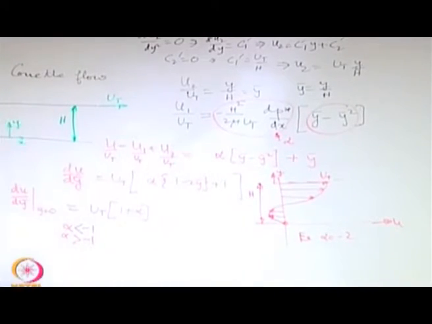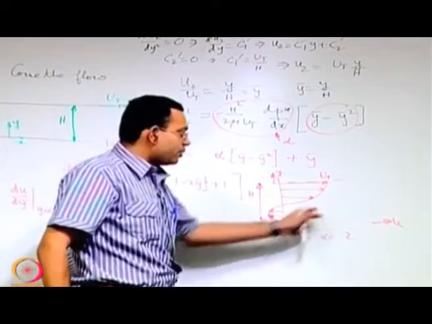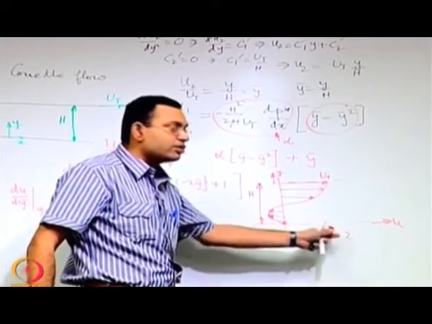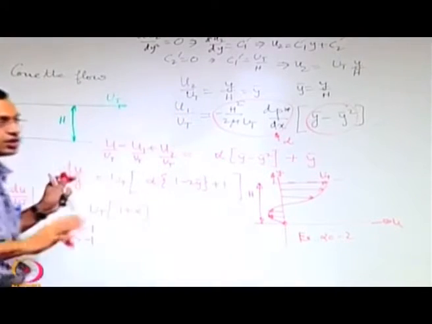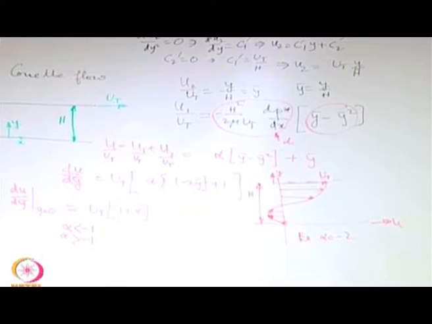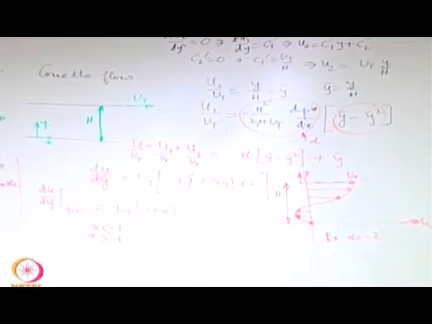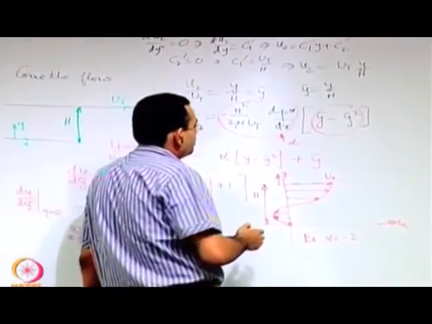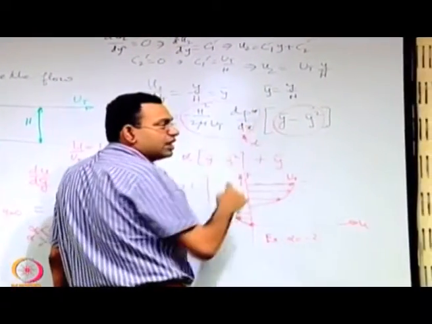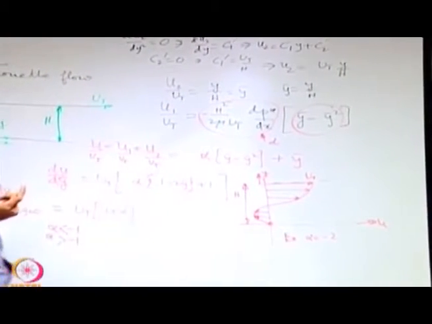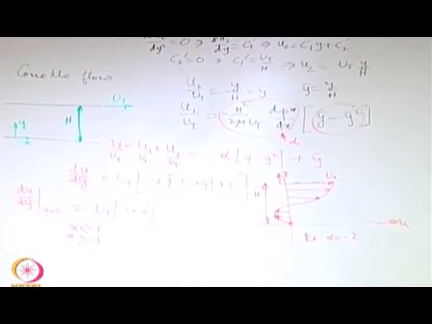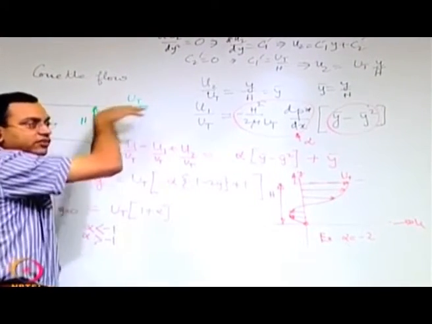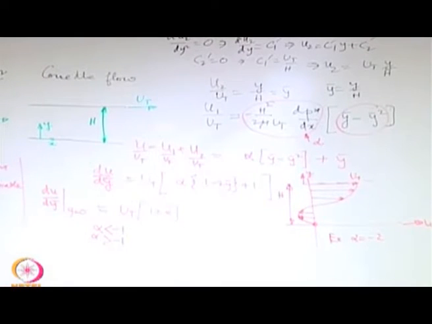And why we have chosen this example for demonstration, say alpha as a negative number which is in magnitude greater than 1, because it gives a sort of interesting competition between the pressure gradient and the driving shear. If you take alpha as something positive, then this dp star dx negative is a trivial case. Then the pressure gradient also drives the flow in the positive direction and the motion of the top plate also drives the flow along the positive direction.